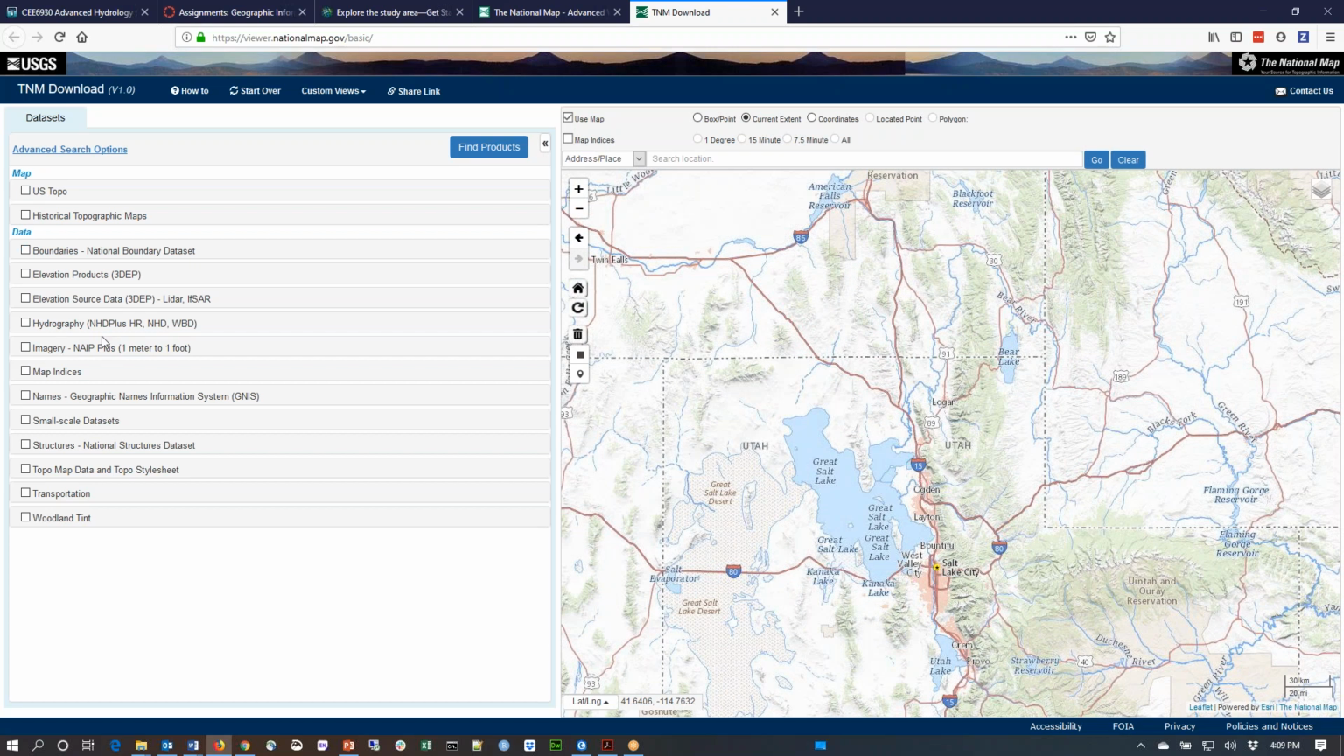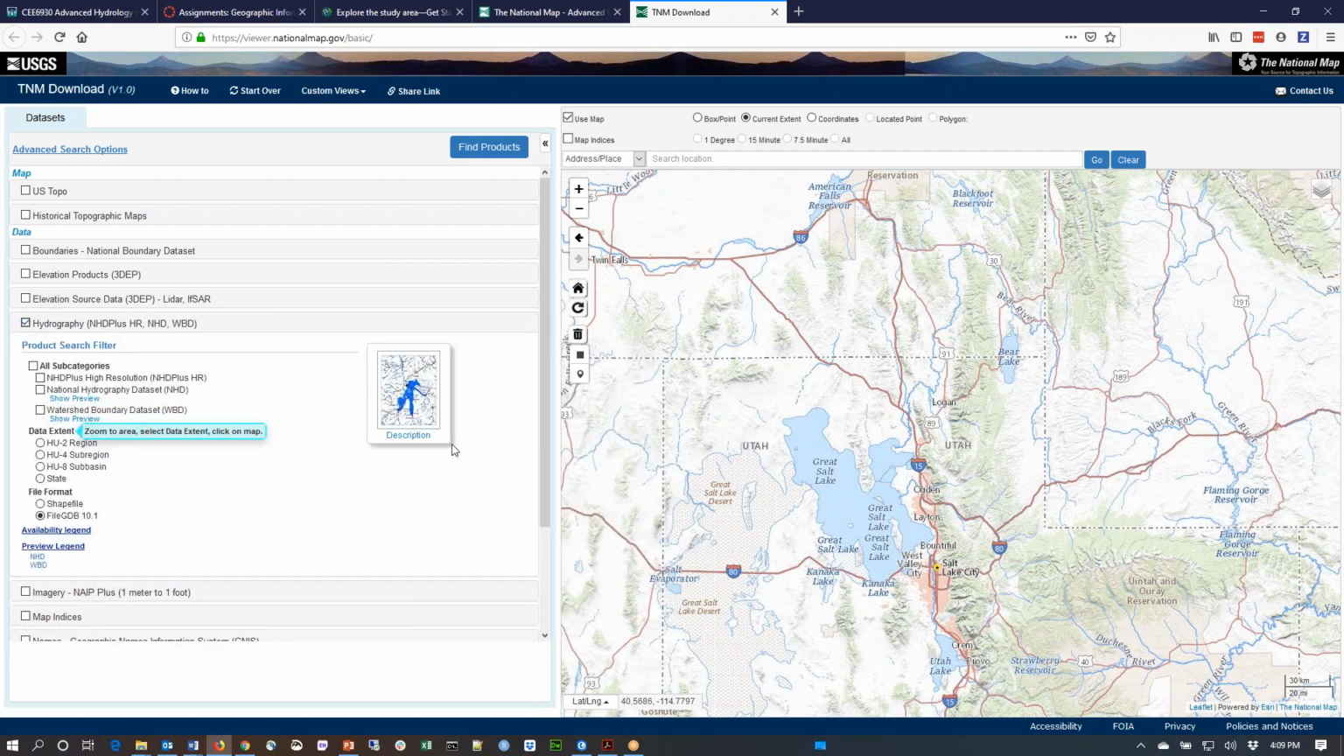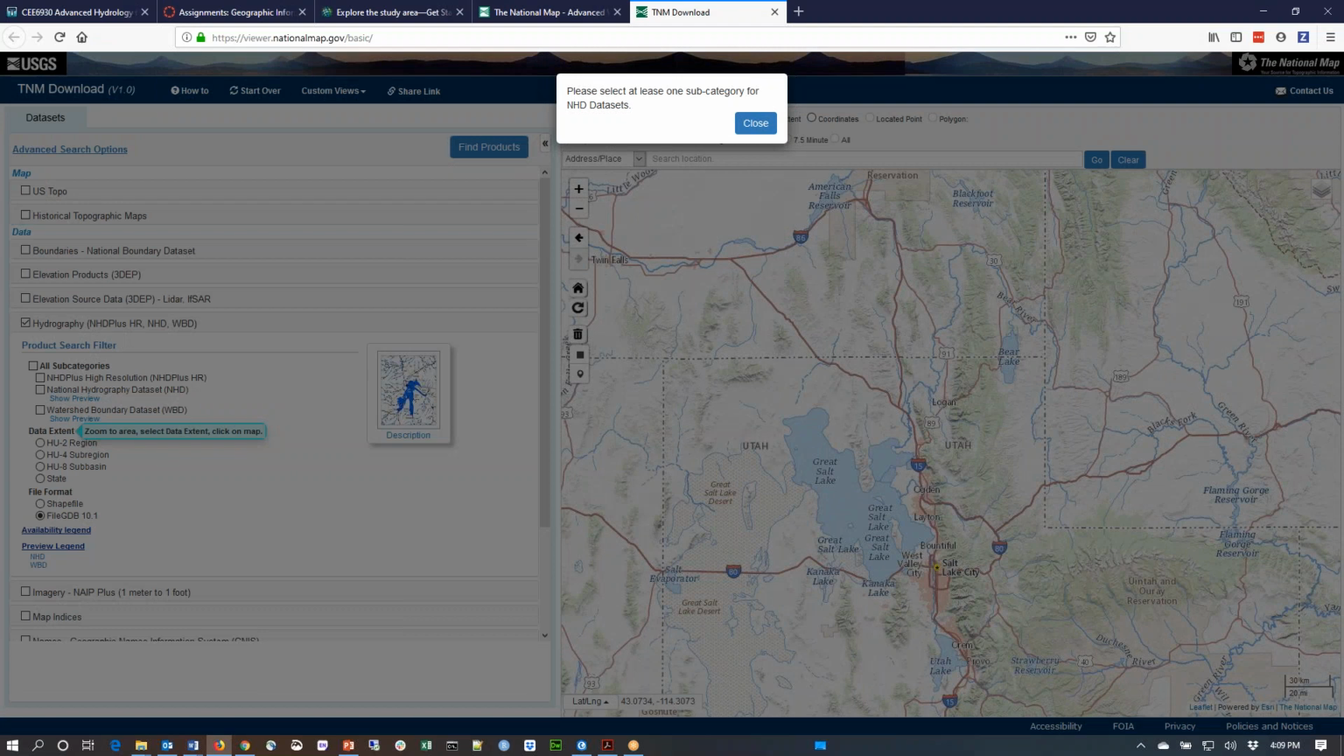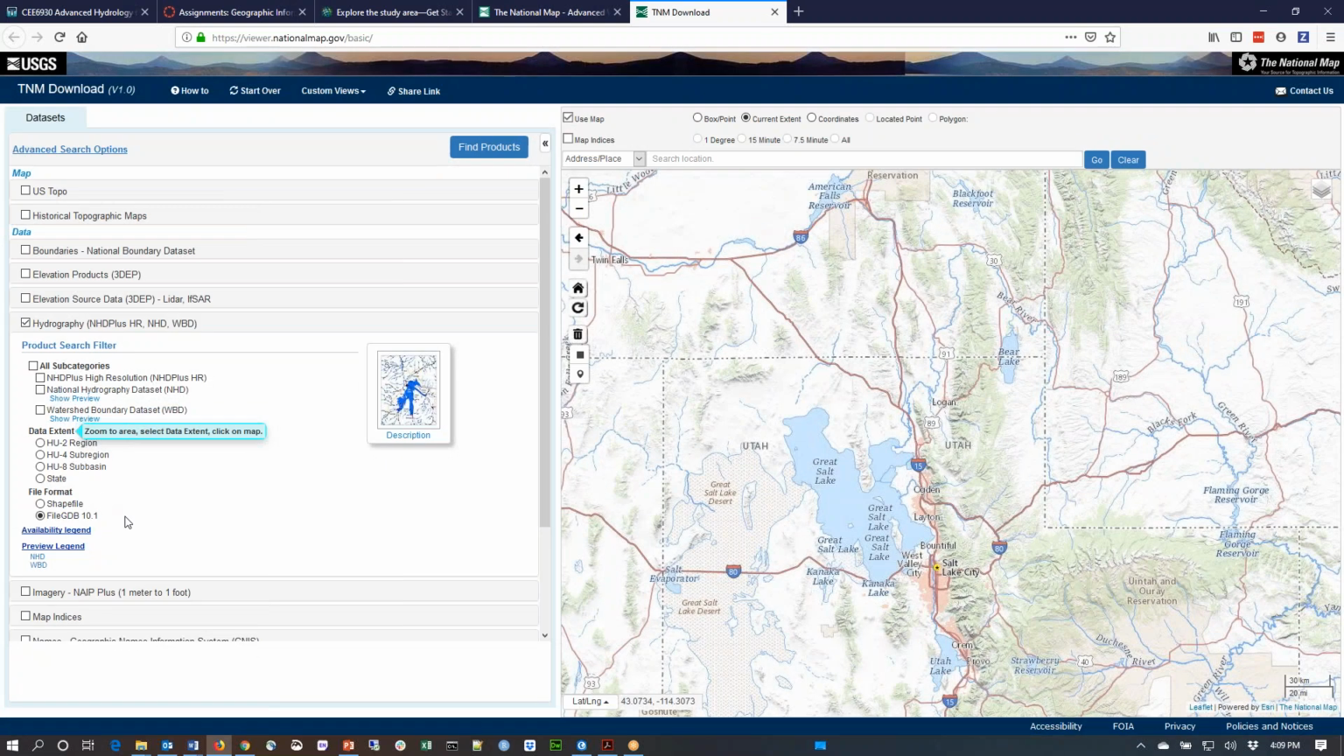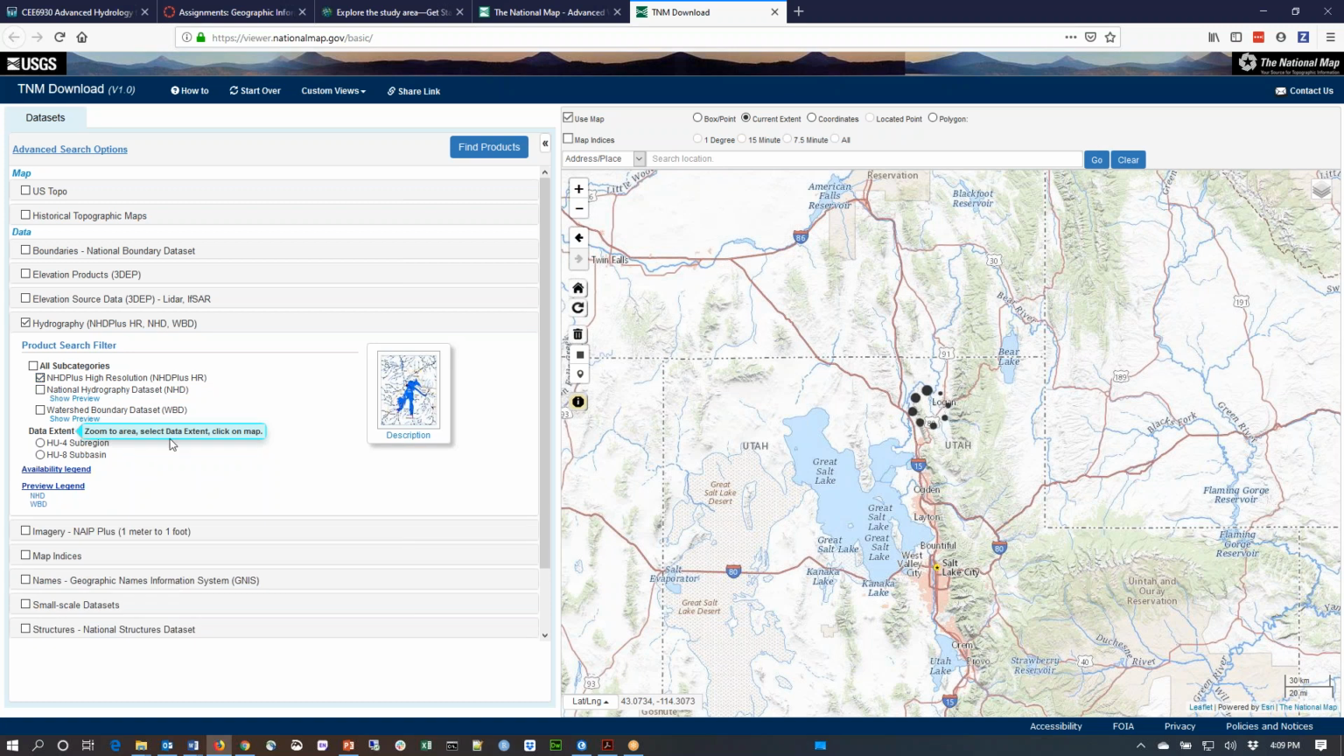So you can get hydrography, the NHD Plus high resolution data. You can get elevation data. So maybe I'm interested in the high resolution hydrography information, and maybe I want to find the products that are available. It says I have to select at least one category. So maybe I'm interested in the HUC 4 subregion, and maybe I'm interested in NHD Plus,